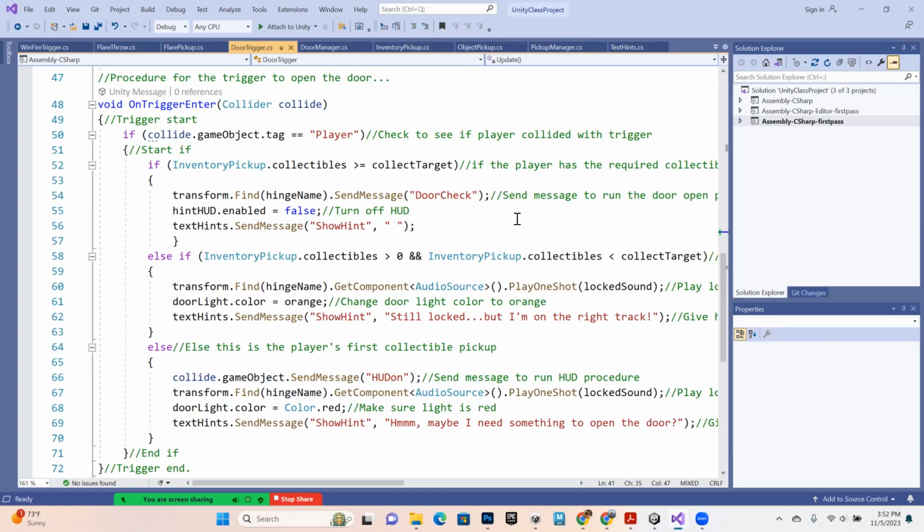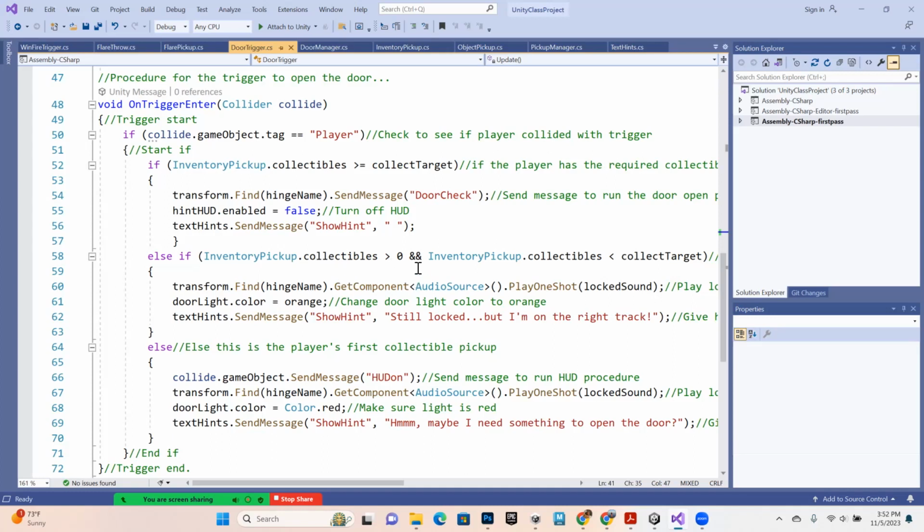And the canvas is kind of tricky because there's only one canvas node, but all your GUI stuff is under that one canvas node. And I am doing stuff to that canvas node. So you don't want to just destroy it all because then none of your GUIs are going to work. So then it goes to the else if statement and it's looking to see, do you have collectibles greater